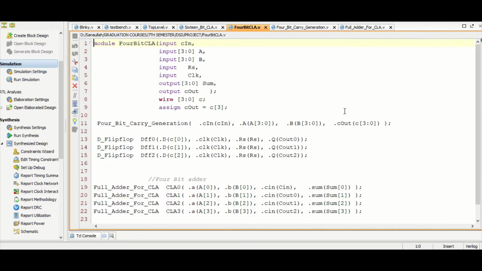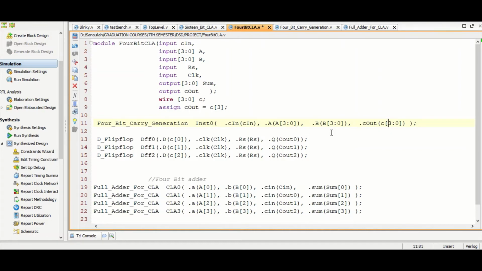Now we are in the 4-bit CLA. In the 4-bit CLA, I have already discussed. First we instantiate the 4-bit carry generation like this. Then it will generate 4 couts from C0 to C3.